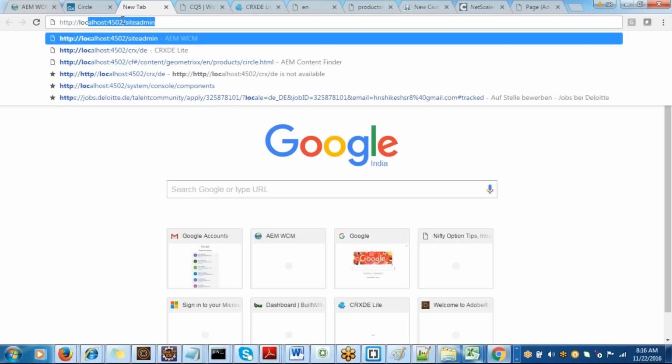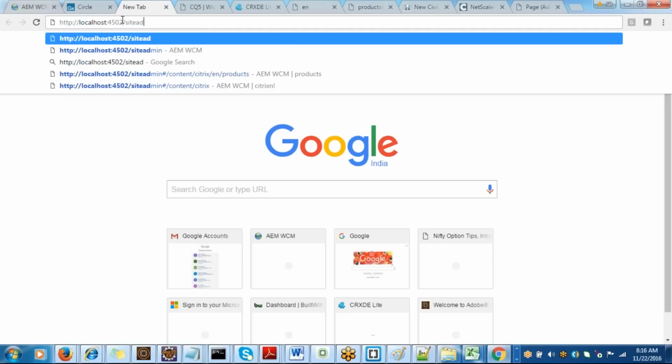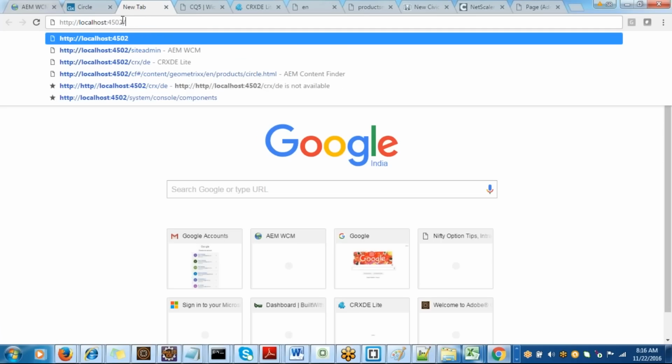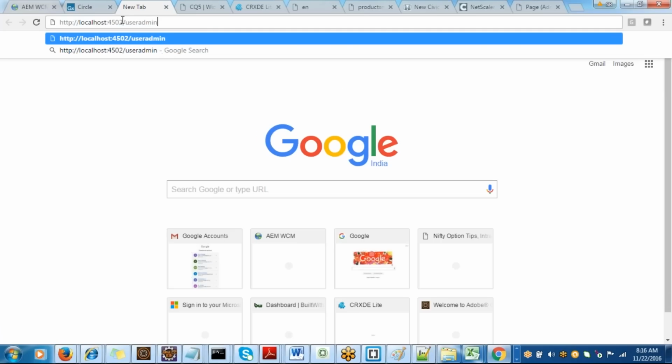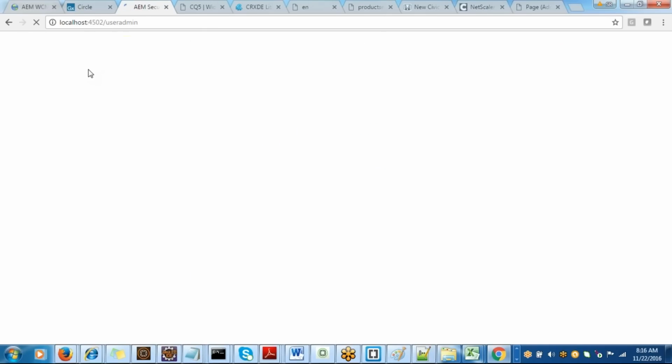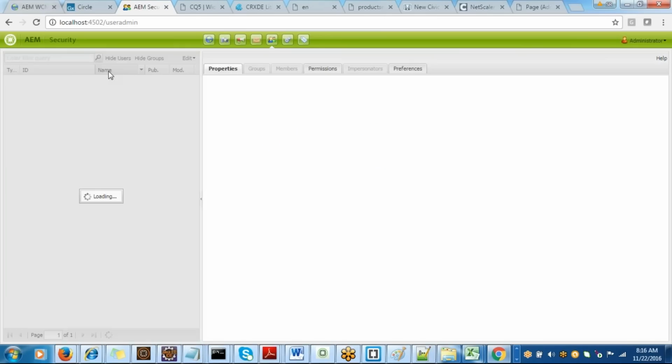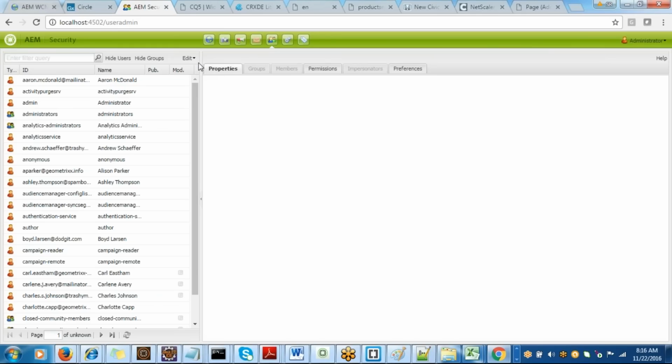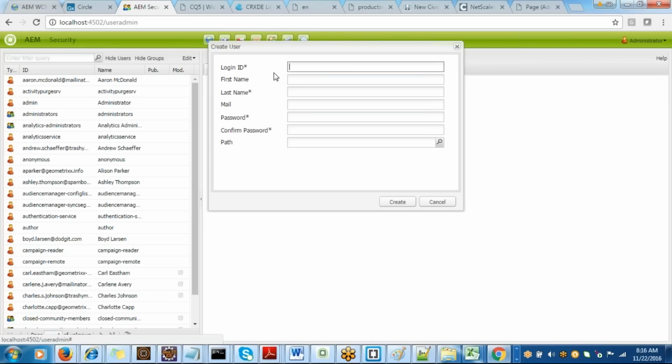If you look at this, it is something similar to your SAP ERP as well. To create users, you would have a user console, right? Similarly, here you have user admin. Now in the user admin, to create a new user, all you need to do is say create user, either a user or a group, and then associate the permissions. Let's say user,